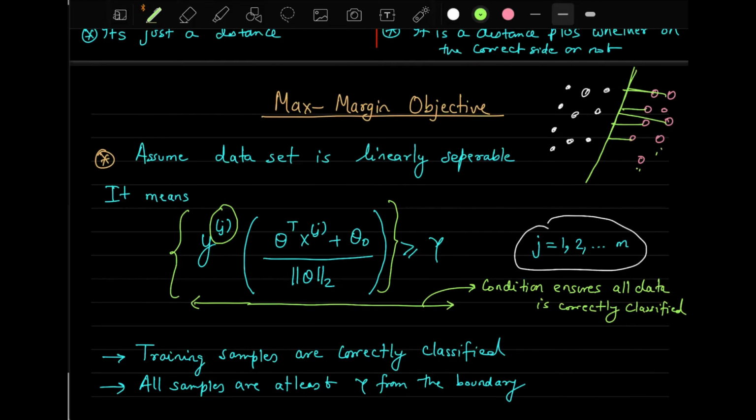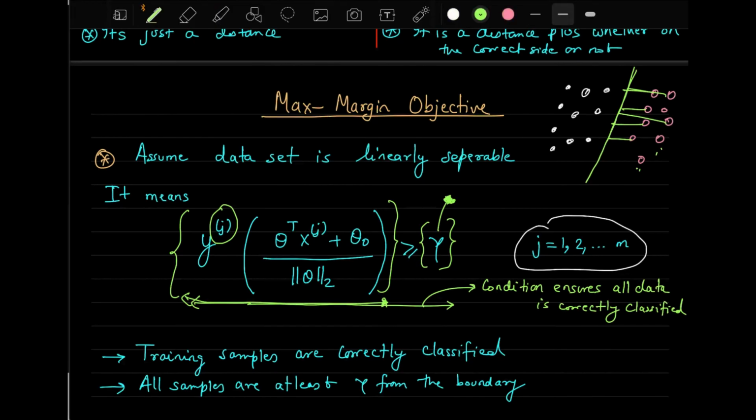And what we are saying is that all these distances are greater than gamma. What is gamma? We have already defined it. Gamma is the unsigned distance that we calculated earlier. So all this thing that we are doing is like a condition, a condition which ensures that all the data are correctly classified,